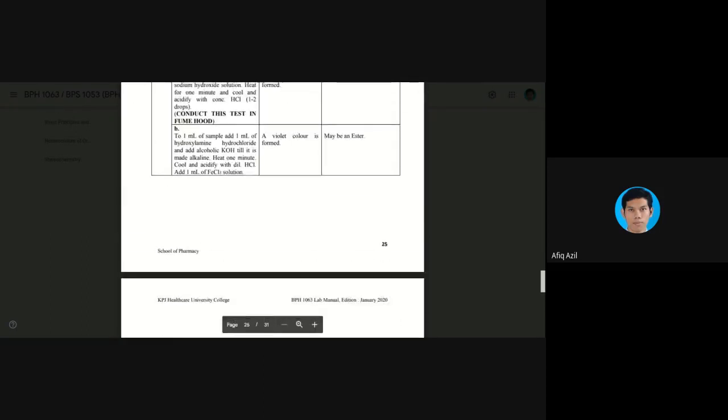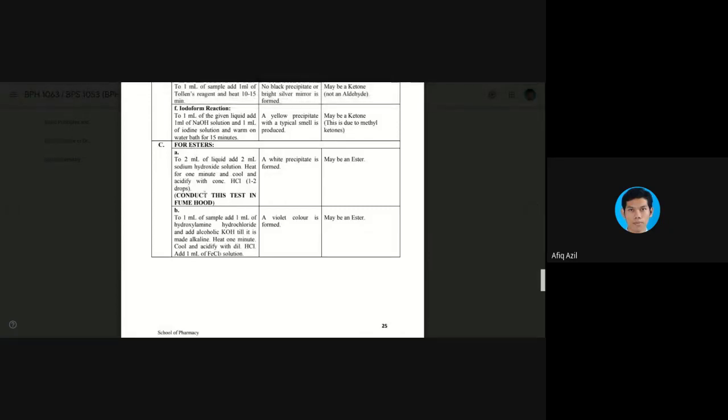And then the last would be the esters. There are only 2 tests. For the esters, there is no specific named test for it, but the first one is by adding 2 ml of your sample, and then 2 ml sodium hydroxide solution, heat for 1 minute and cool it down, and acidify with concentrated hydrochloric acid, 1 or 2 drops. So you see what observation there is. Here, if your sample is in solid form, because here it says 2 ml of liquid,